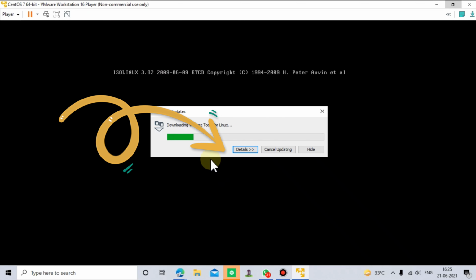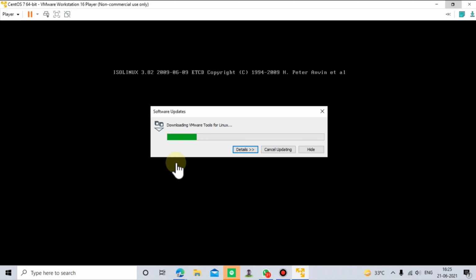Here you will see a pop-up in your window, where Windows will ask whether you want to install this app or not. After the downloading, just click on yes, and this VMware Tools will be installed, which will basically help VMware to install the CentOS operating system.